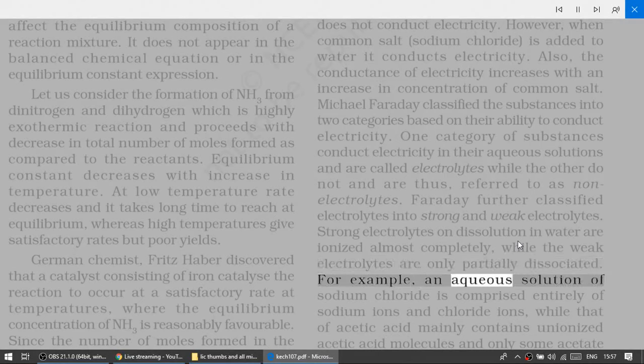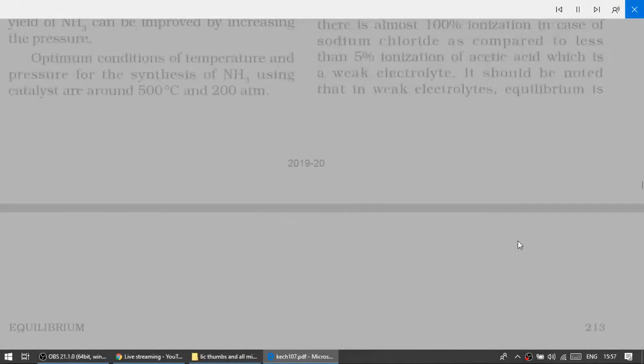For example, an aqueous solution of sodium chloride is comprised entirely of sodium ions and chloride ions, while that of acetic acid mainly contains unionized acetic acid molecules and only some acetate ions and hydronium ions. This is because there is almost 100% ionization in case of sodium chloride as compared to less than 5% ionization of acetic acid, which is a weak electrolyte. It should be noted that in weak electrolytes, equilibrium is